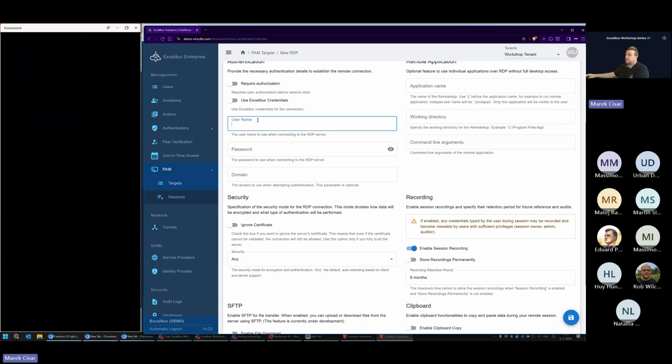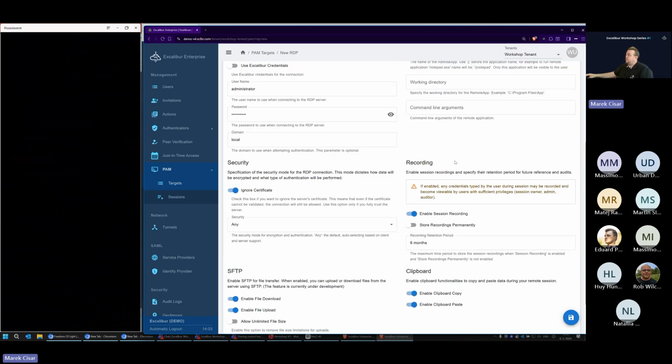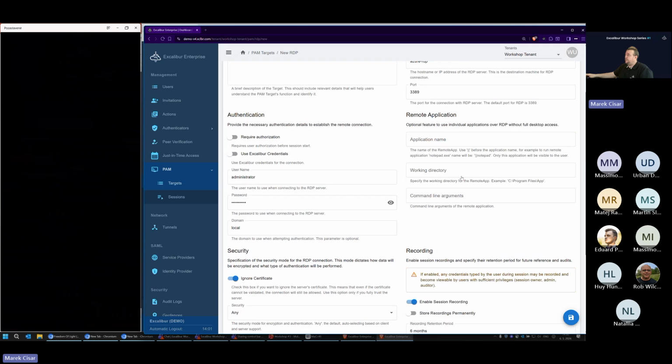I can create, for example, a configuration of the login, like such. I will enable file transfer and clipboard as well. Session recording is turned on by default.